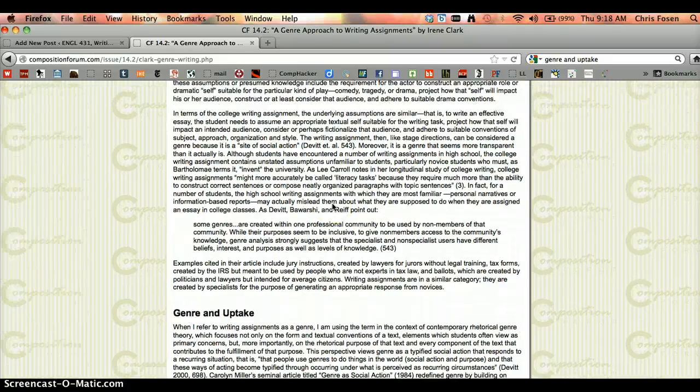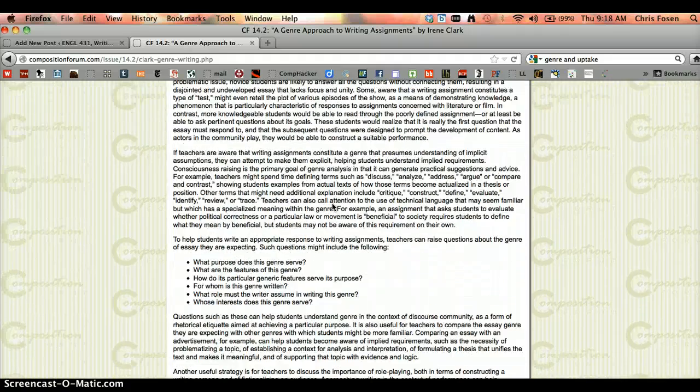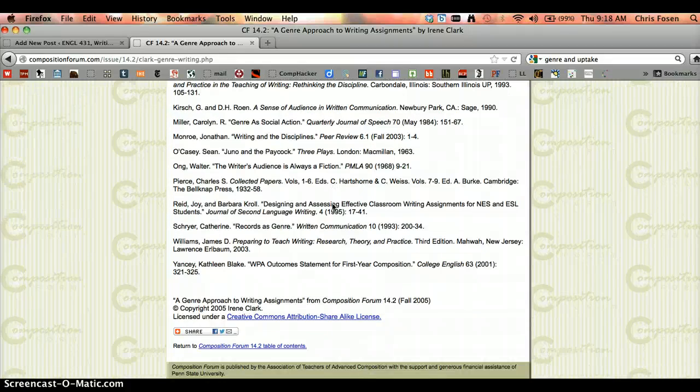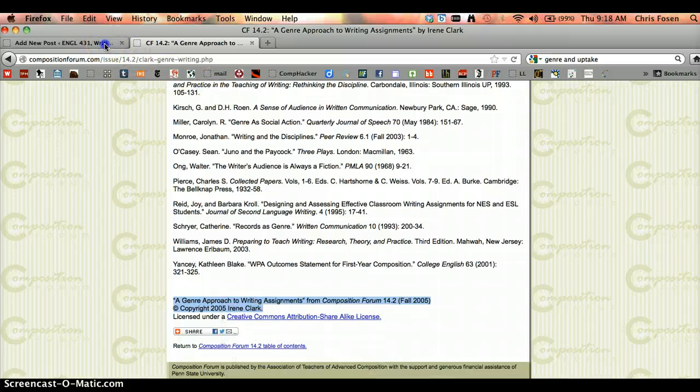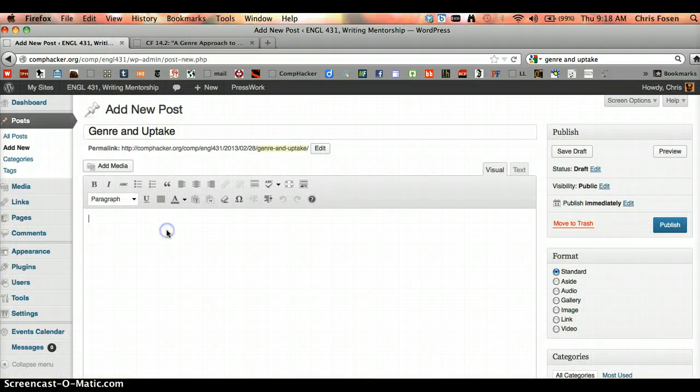What I would want to do in a case like this is go down to the bottom of the source and highlight basically the bibliographical information right here. I would come back over and put that in right here.